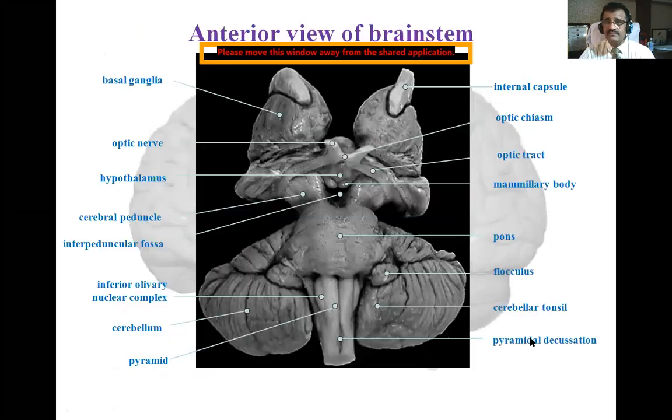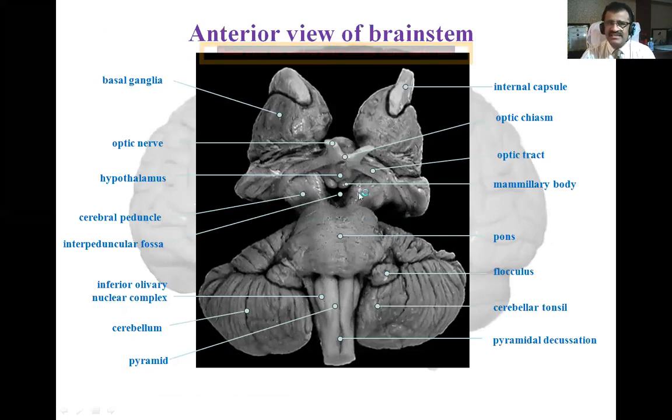Okay, and then you can see this green colored stem which has got 3 parts. Well, here is an anterior view of brainstem. So from the anterior side, if you look at the brainstem, it will show you like this. The 2 parts of midbrain are seen like this. They are called cerebral peduncles. There are 2 of them, cerebral peduncles.